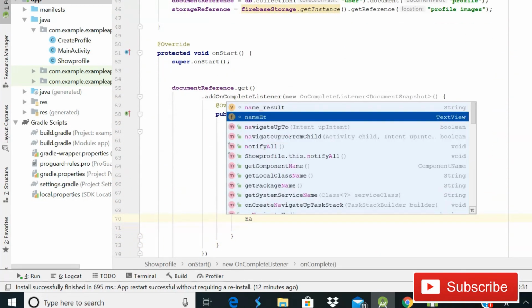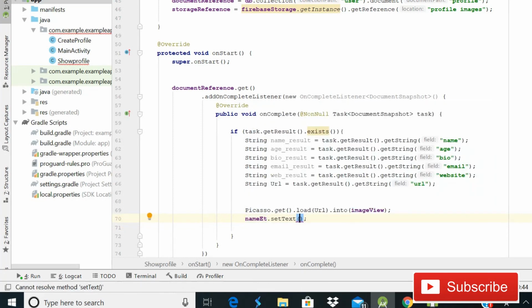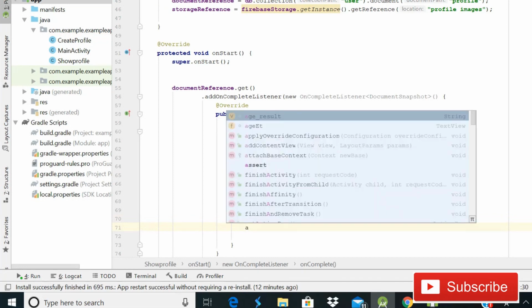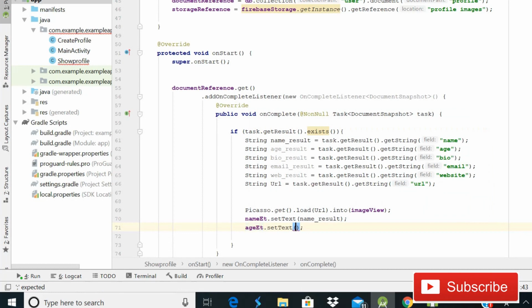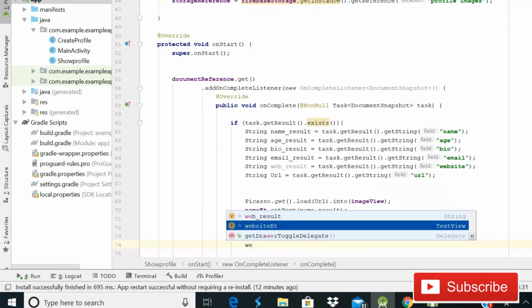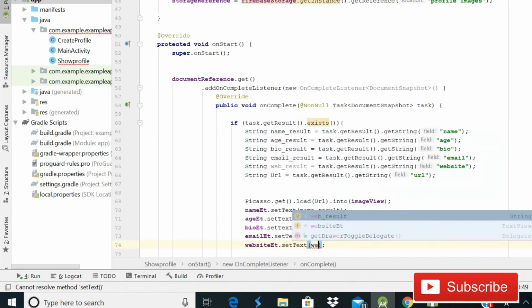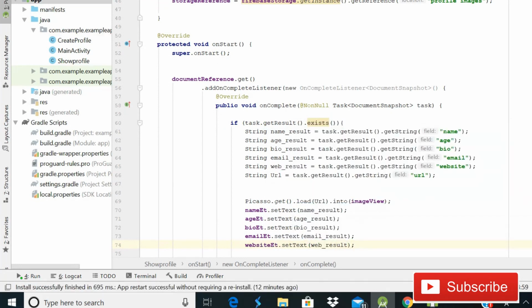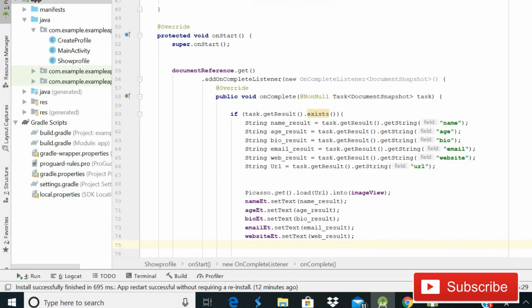So write name et dot set text and it will be name result, and then age et dot set text, it will be age result, then bio et dot set text, it will be bio result, and then email et dot set text and it will be email result, then website et dot set text, it will be website web result. So now you can see that we have fixed all the text view, and what it